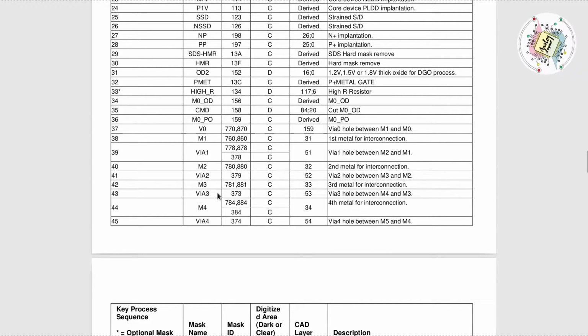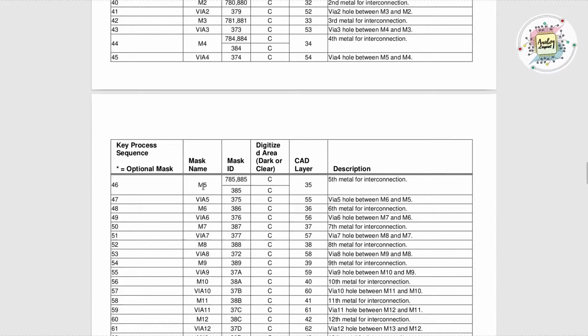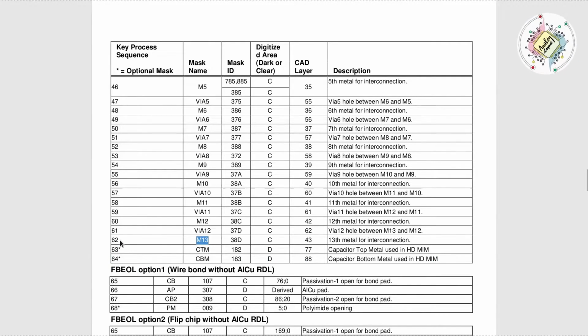Then we will go to the further slides. So after fabrication of M1, there is no implantation layer and no critical special layer. Then we have M1 via, and then directly we fabricate M2, and then M2 to M3 via, and M3 to M4 via. So on we are going to fabricate all the metals up to the maximum metal we have. Right now we have metal 13 here. That's why we end our metal fabrication there; the maximum metal available in this PDK is 13. So the 62nd step is fabrication of